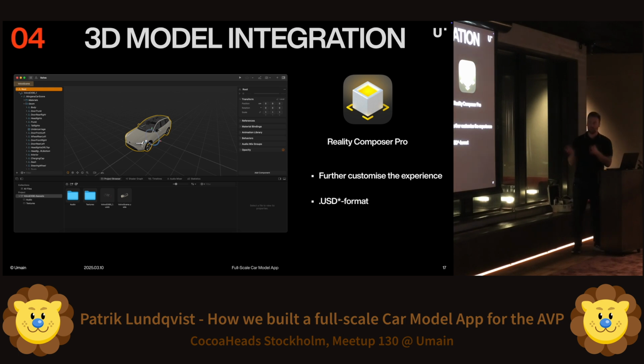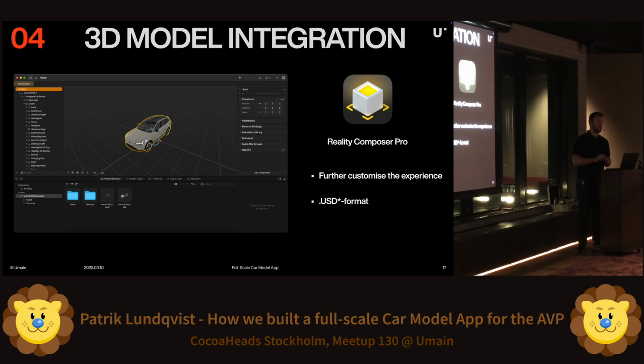We can also here edit components and create animations with timelines. And I think this is a great feature because for me it's more intuitive to see the assets I'm working with and what happens instead of relying on just pure code and trying to read out what's going to happen. And Reality Composer Pro uses the USD format, the Universal Scene Description,